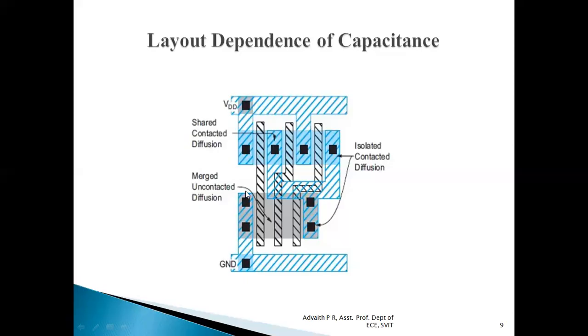Always, one thing which we have to remember when it comes to the RC delay model, especially the capacitance effect, is that uncontacted nodes always have lesser capacitance when compared to contacted nodes. So whenever we are designing any kind of layout, we try to minimize the number of contacts. Always we try to maintain uncontacted nodes because they have less capacitance. We will try to minimize the contacted nodes. It is a duty of the design engineer to minimize the contacted nodes as far as possible.